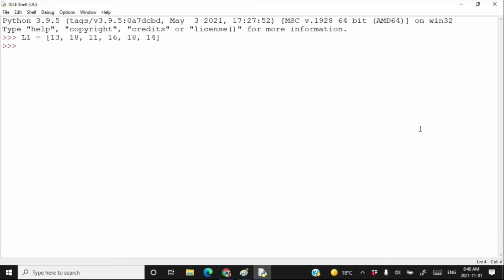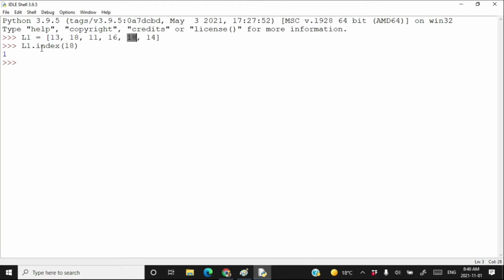Press enter. And what I want is the index of the element 18. So I write L1.index(18), find me the index of the element 18. Element 18 appears at index 1, but the element 18 also appears at index 4.